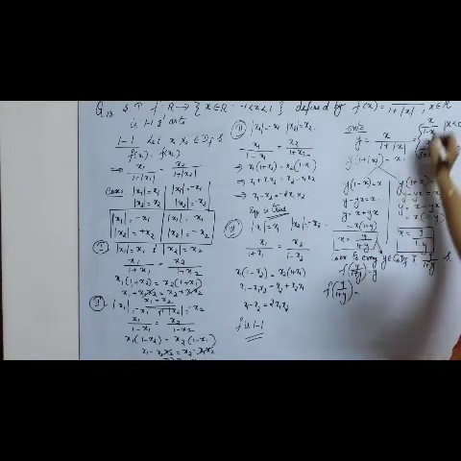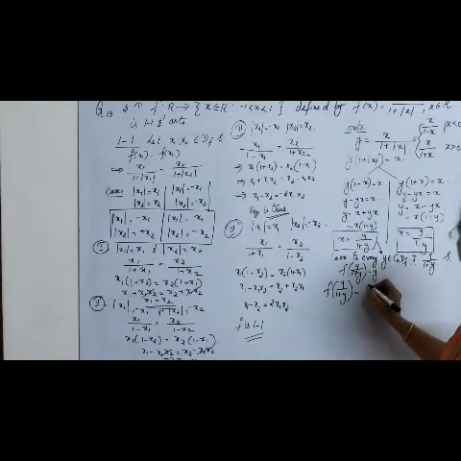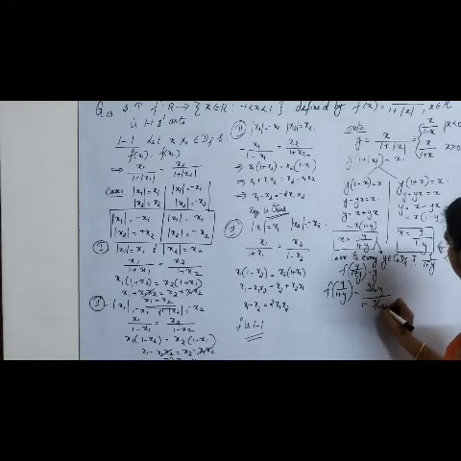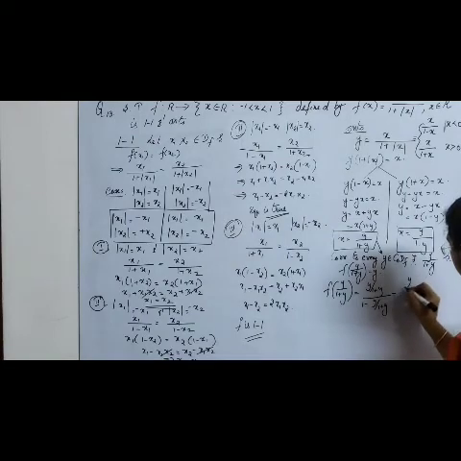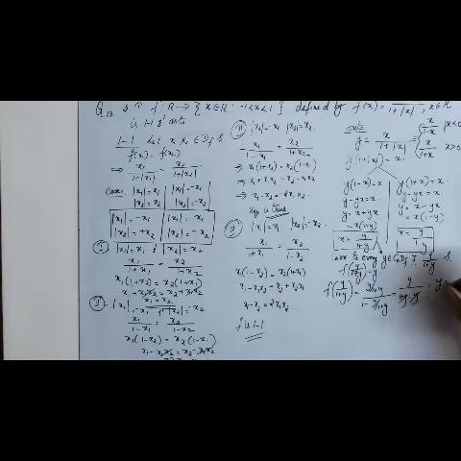So substituting this in this particular value, what do I get? Y by 1 plus y by 1 minus y by 1 plus y. Cross multiplying, this gives me y by, denominators are going to be the same, 1 plus y minus y. Y and minus y cancel, and what do I get? Y. Right? So this part I have proved, f of y by 1 plus y is equal to y.